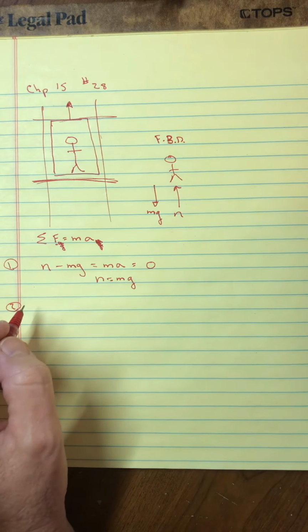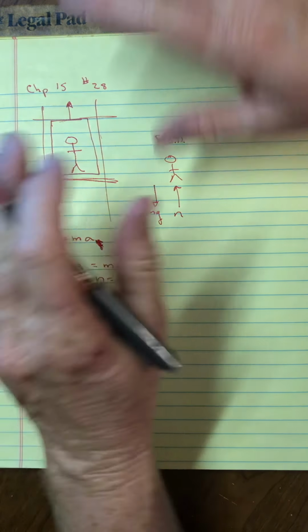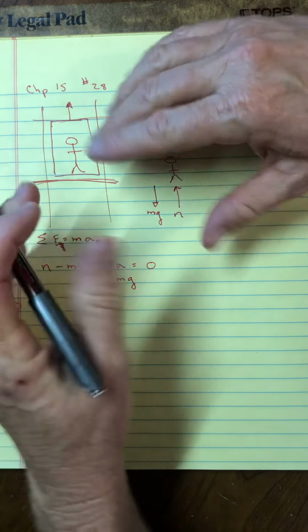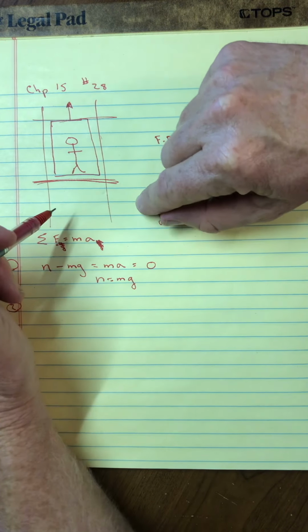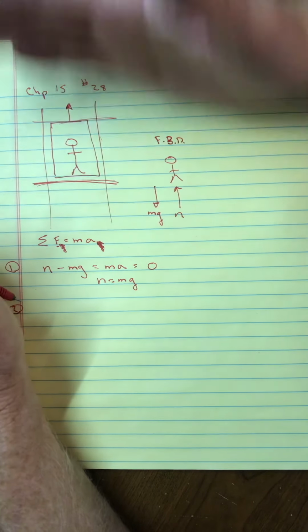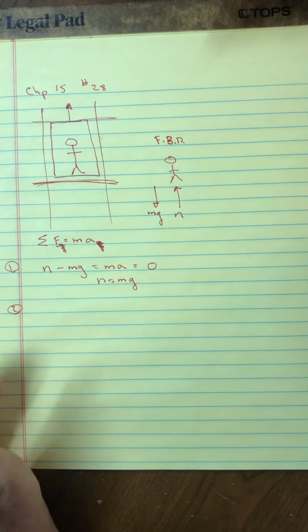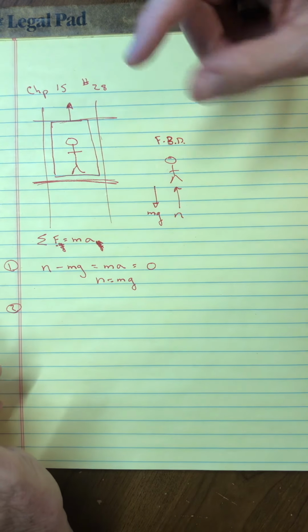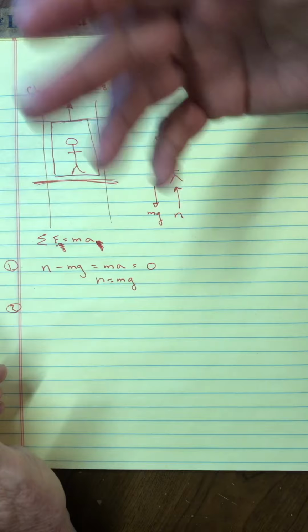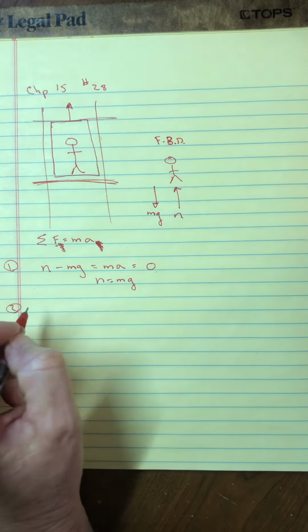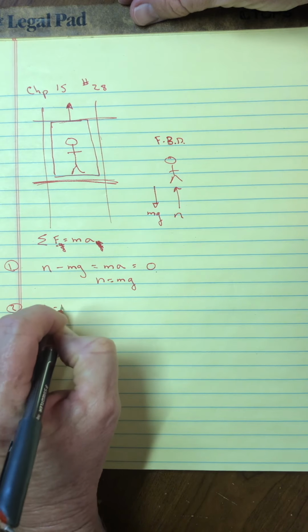Now, scenario 2, let's say you're already in the elevator, the doors are closed, and you're beginning to speed up, and especially if there's a big tall building. If you've ever been in those express elevators, they accelerate up for a couple of floors, and they get to some speed, and they just keep going at that speed for 90 floors. So you get to the 90th floor kind of quickly. Okay, so let's say you're in the part at the beginning where the elevator is actually accelerating. So you wouldn't have it equal to 0. You would have something that looked like this. You would still have the same forces on you,